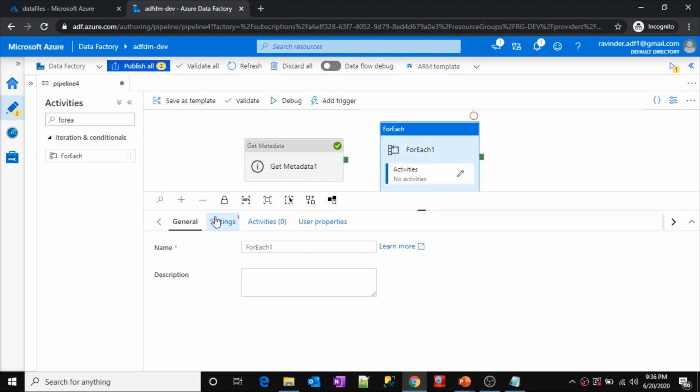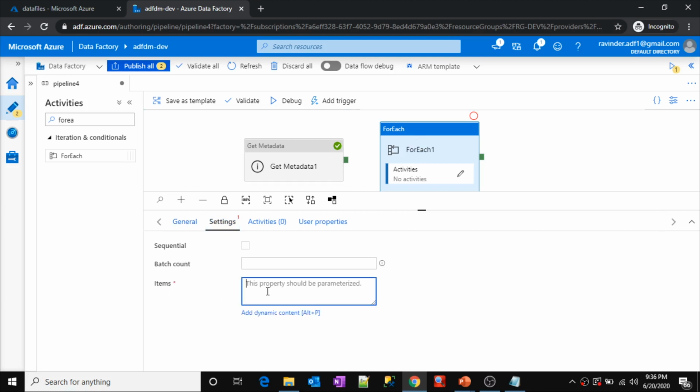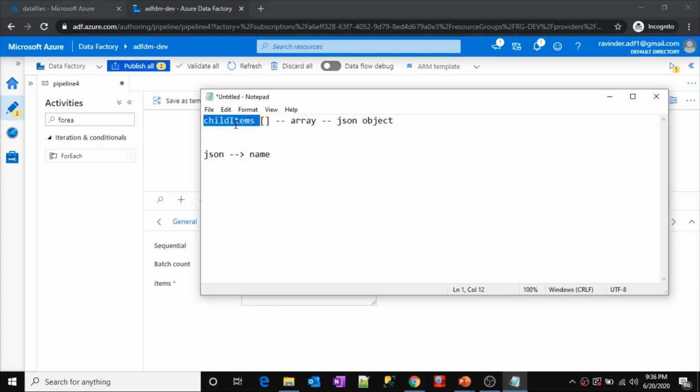Now I am going to the for each loop. In the items field, we need to pass an array, and the for each loop will perform all the iterations taking each value. That's how the for each loop works. So you need to provide an array here. We have an array inside the output JSON of get metadata, and child items is the property name which gives you the array.